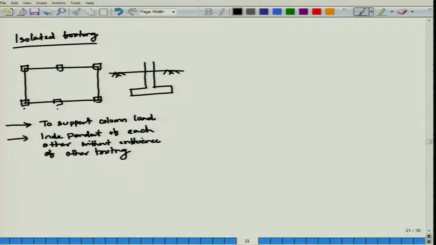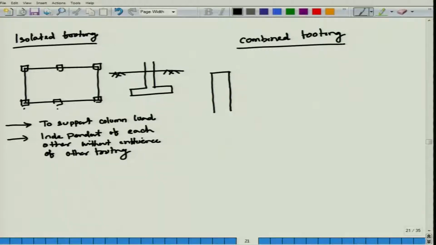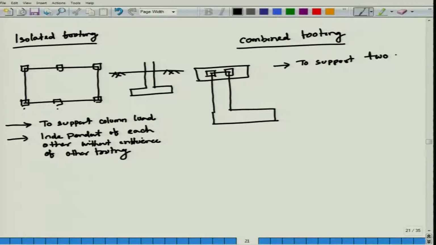Then come back to combined footing. Look at the plan here, there is a footing here, there is a footing here, and it has been combined. So, it has been designed to support two or more column loads,